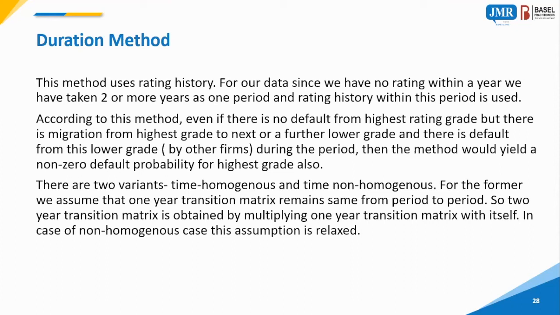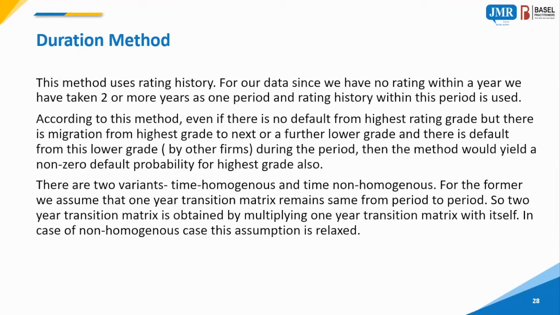Now the question is that you may not default. If you have a AAA rating, you may not default on a payment in the next 12 months. But what guarantees that in another year, or another year, you do not go from AAA to AA, then to BB, and then you default? So the duration method tries to replicate that. The probability of your default in the next 12 months must be based on these possibilities, and then you arrive at what you call the